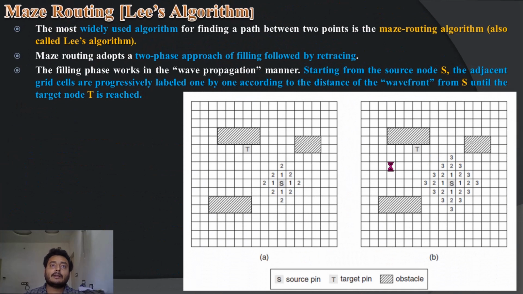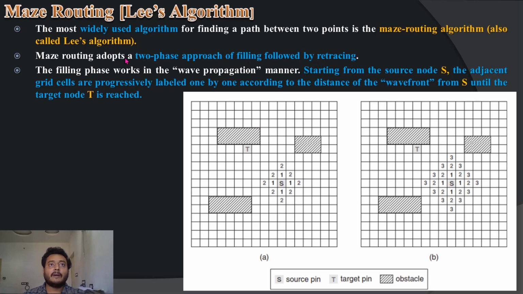There are several algorithms for routing purposes, and I'll discuss one here. It is given in your textbook, but not in this detail. There they just describe maze routing and explain it in some fashion that is not easily understandable for students like you, so I will go through another example for maze routing. Maze routing is a commonly and widely used algorithm to perform routing. This algorithm is also called the Lee algorithm.